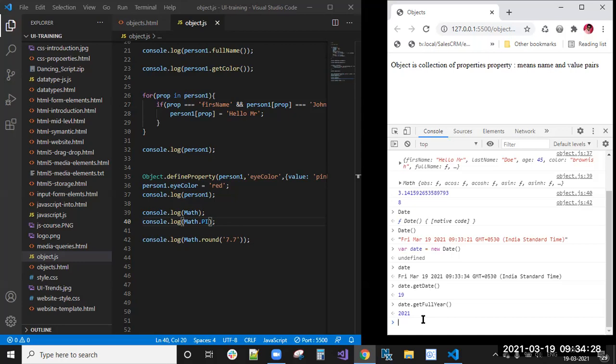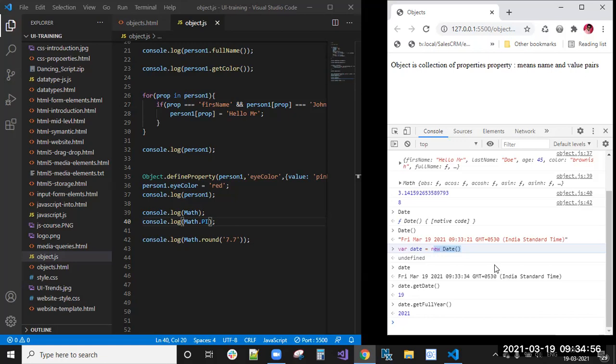You should remember how you create an object, how you access the properties, how you delete the properties, and how you update them. You can use the defineProperty method and make a property writable or read-only. Can we change the date? With var date = new Date, we always get the current date only.